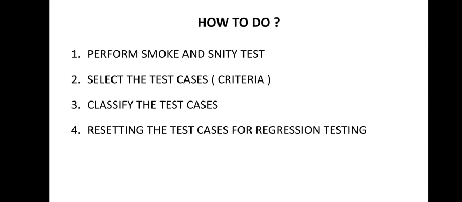When we do this, after that we go for the third step, that we have to classify the test cases we have prepared, which will be run first. That means you have to set a priority for these. You can set test case 3 as priority 1, test case 2 as priority 2. So a priority matrix will be there. That means which test case should be at top to be checked first. So there are many methodologies for these selections. That depends upon your database, your requirements, as well as your product.